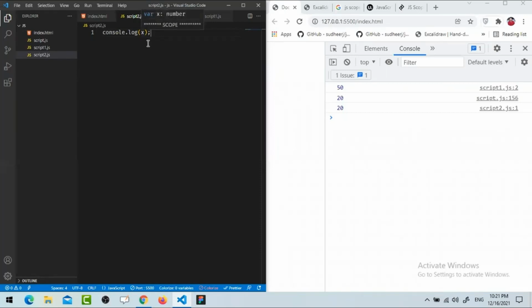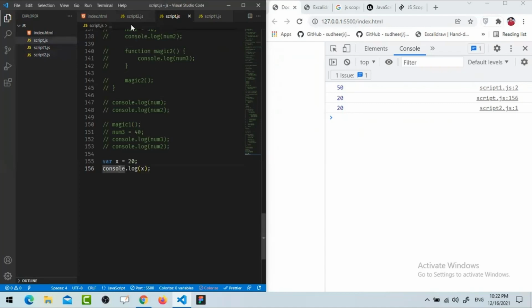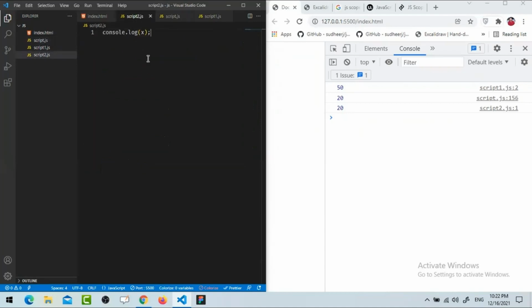Intentionally you have not done this, but if you are working in a team and you are trying to use some function, or you are creating your own function which is already there, and you declare it with the same name, then what will happen? The first one will be replaced, isn't it? If you have a function called add in file 1, and in file 2 you write a function called add again, file 1 will be overridden by the second file, isn't it? With the same name. So to avoid that, what you can do is,